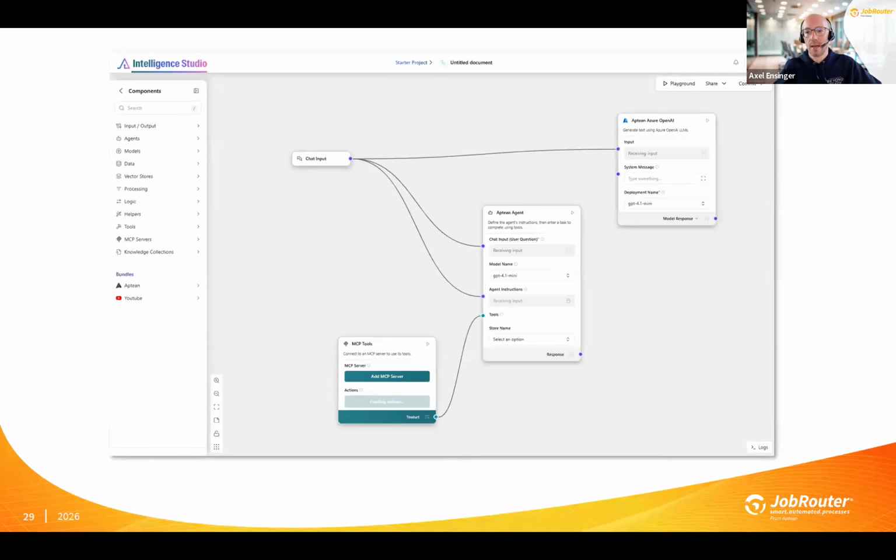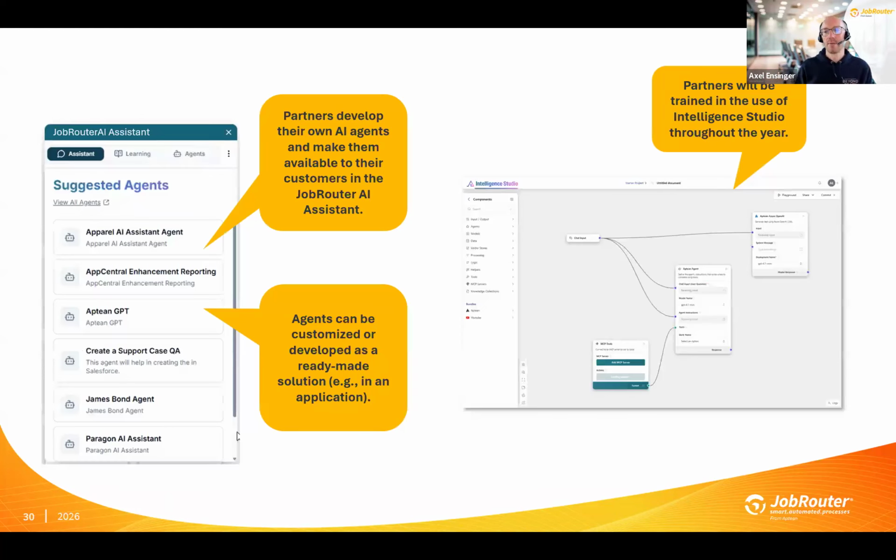Here's just another screenshot then that you can see how it will look like. But as I said, later on, we will make a deep dive into this product. And last but not least, a sneak peek on how this will be integrated in JobRouter. So on the left side, you see here our user AI agent in JobRouter. It's not a final UI that you see here, but it just tells you how it will be. So that means that you will have the AI agent in JobRouter, and you can then interact with this AI agent with other agents that you have built in the Intelligence Studio.